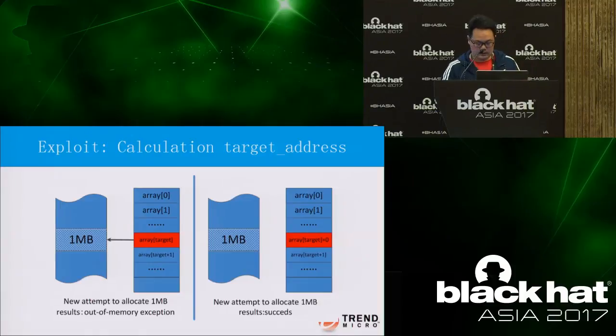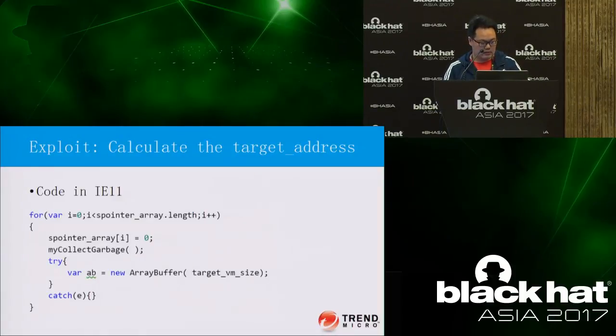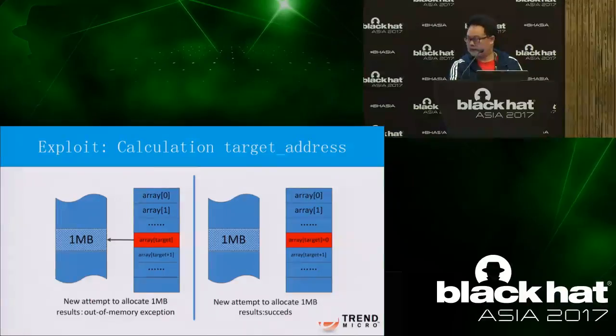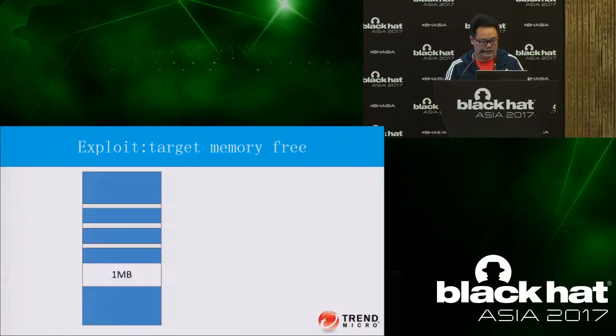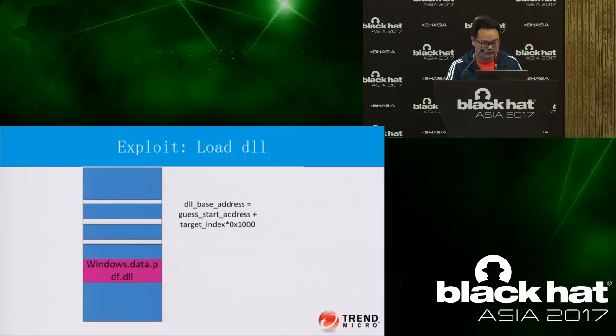But in this code, when we assign the array target to equal 0, then there is no reference to this memory. When we do the GC, this memory will be freed. So at this time, when we allocate the memory, we will allocate memory successfully. So when every target is assigned 0, and then we do the GC, this memory will be freed. Okay, then we load our